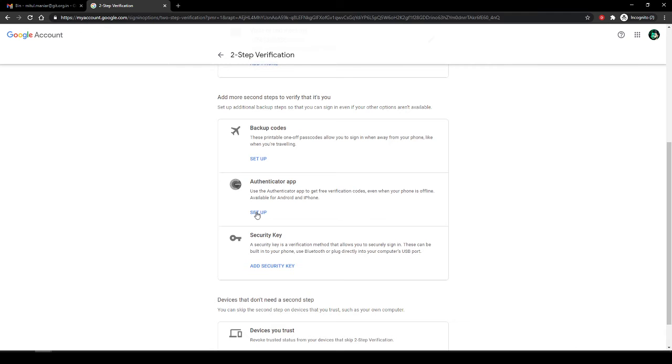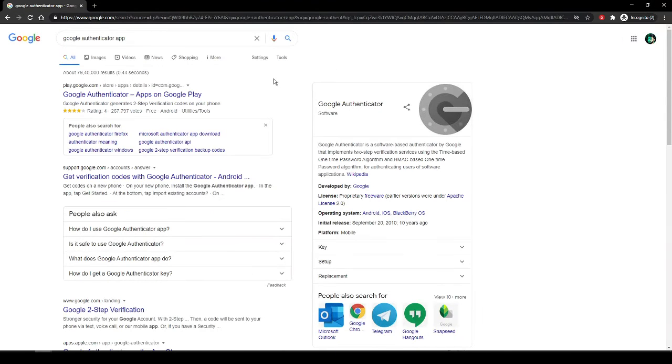So what is an authenticator app? Google has a few other methods of authentication. This is the Google Authenticator app, which is completely freely available on the Play Store. You can just download it. You don't need anything else for that. You can authenticate the two-step verification process for various accounts that you have. The supported accounts are various Gmail accounts, your Facebook account, Instagram account, LinkedIn, Twitter.